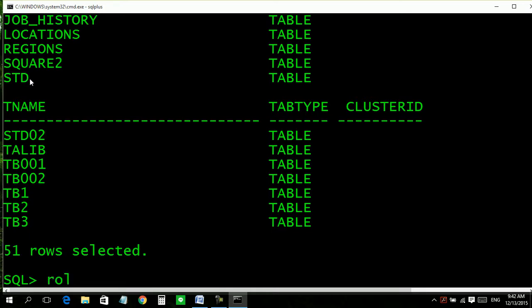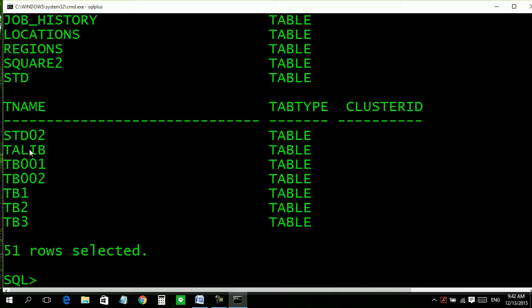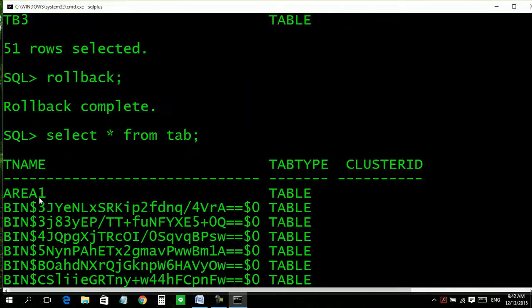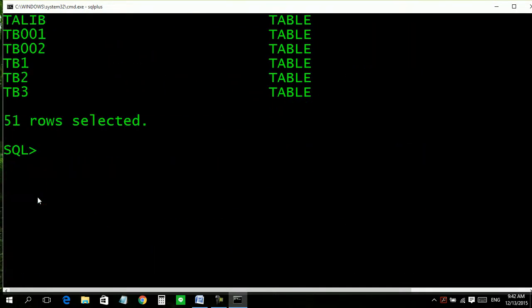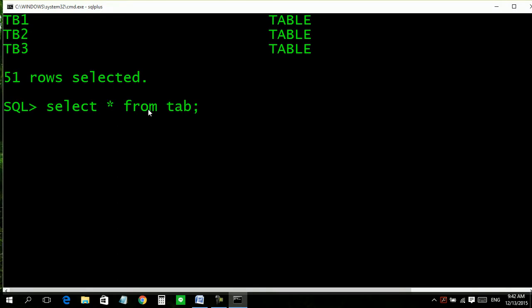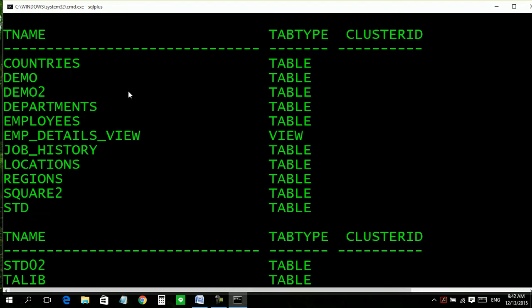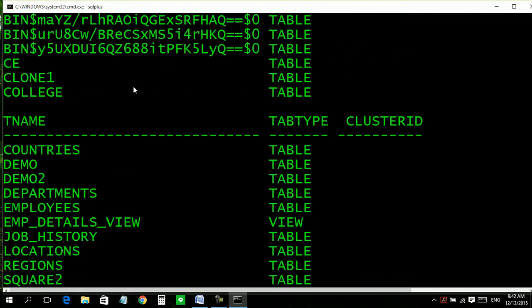Okay, recover it, rollback. Again want to see, look for our st. Oh no, I think my Oracle has written it to the disk.